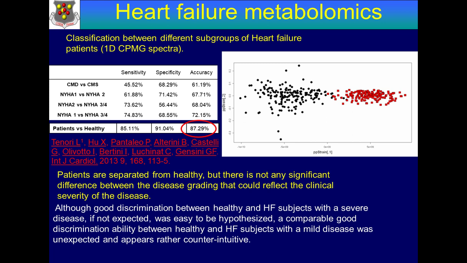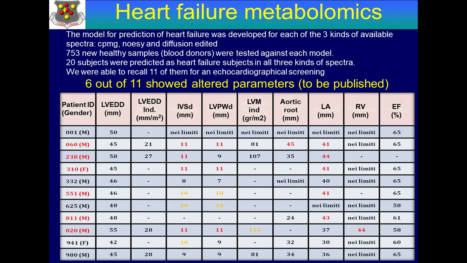The last example is heart failure metabolomics, in which, again, by simple fingerprinting of serum, we could easily tell people affected by heart failure versus normal people. But the interesting thing here was that these people were actually undistinguishable in terms of stage of the disease, from very, very early to very severe. There was no way to discriminate. So it looked like there is a fingerprint of heart failure which is independent of the seriousness and the evolution of the disease, and which might actually be present even before symptoms.